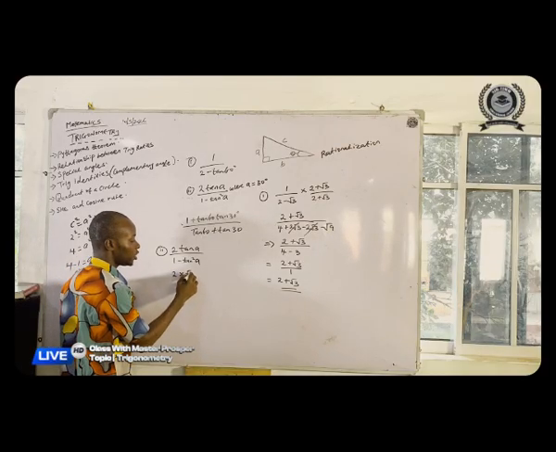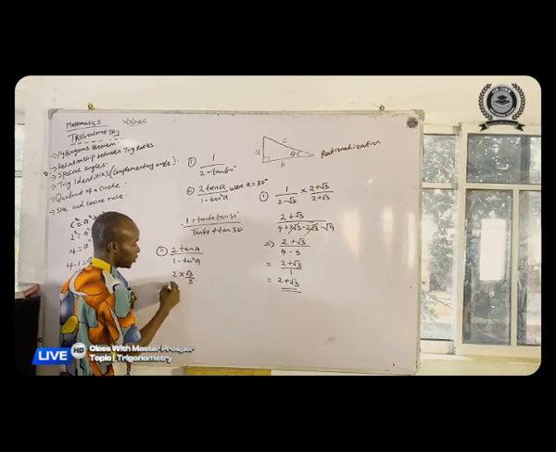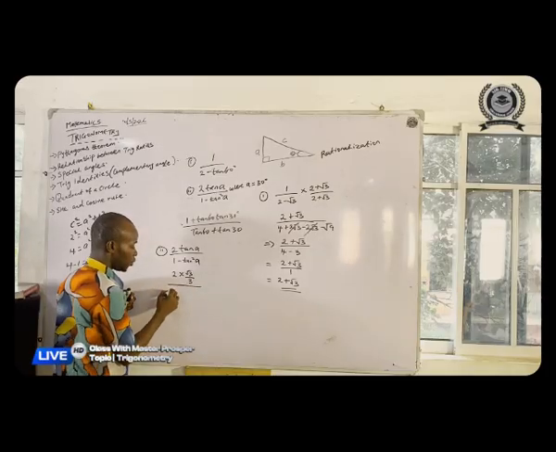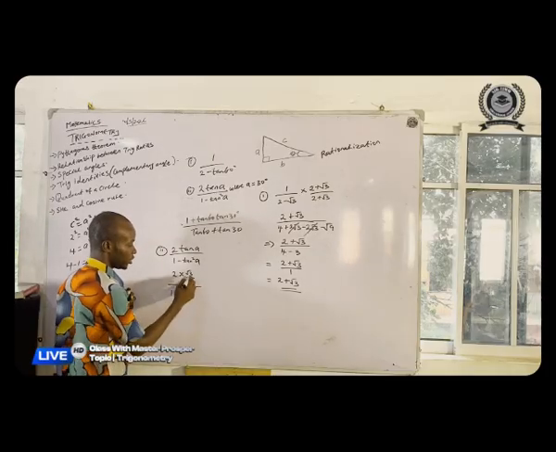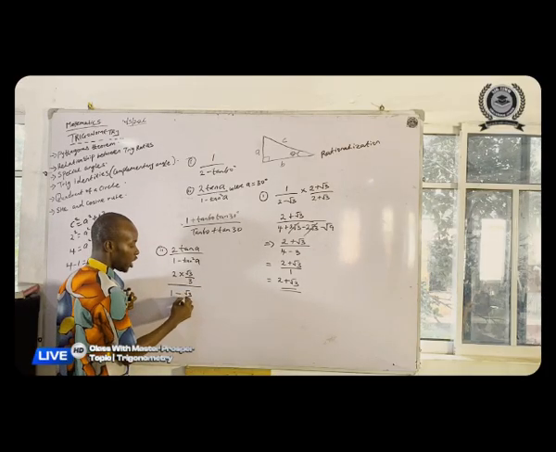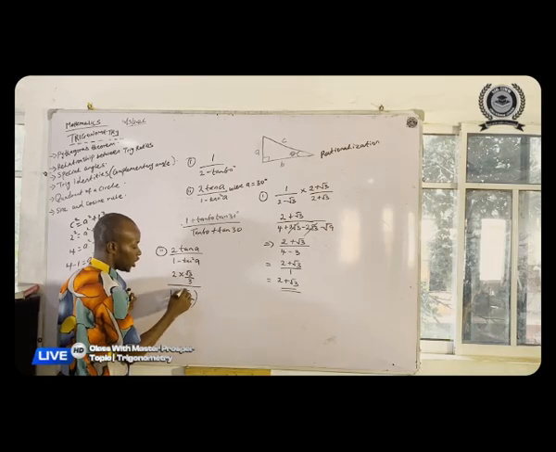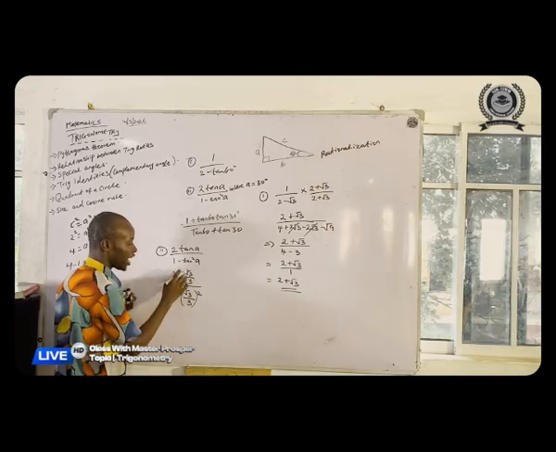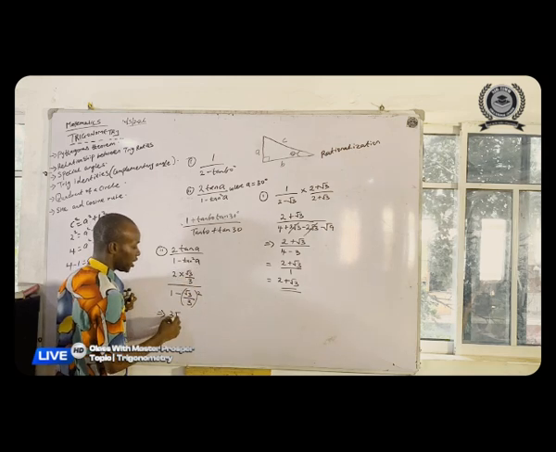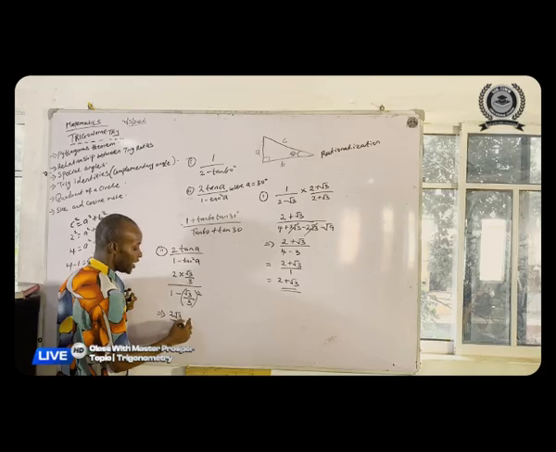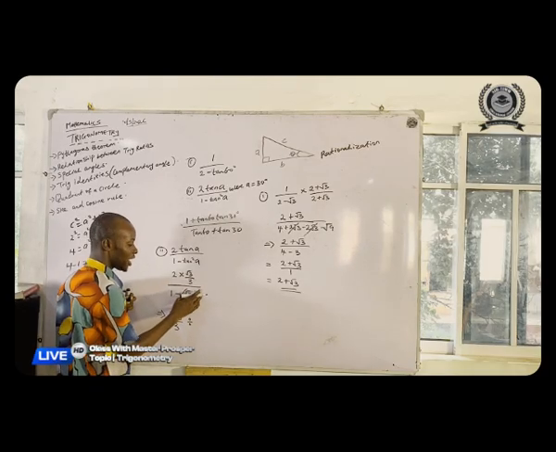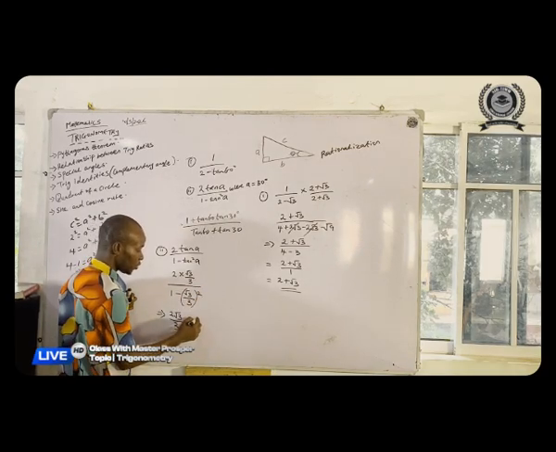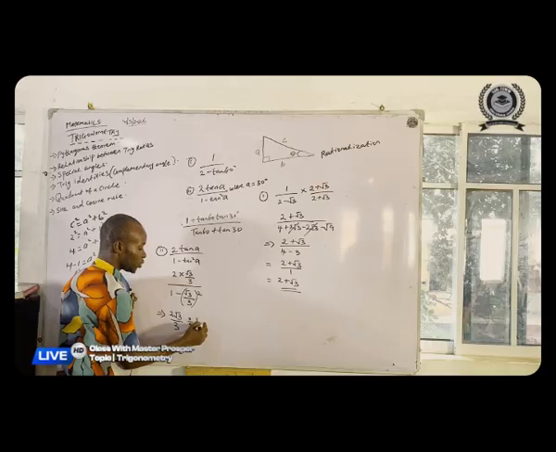So root 3 all over 3, all over 1 minus root 3 all over 3 all squared. We are now having that 2 times this is 2 root 3 all over 3, divided by opening this bracket. What are we going to have? 1 minus